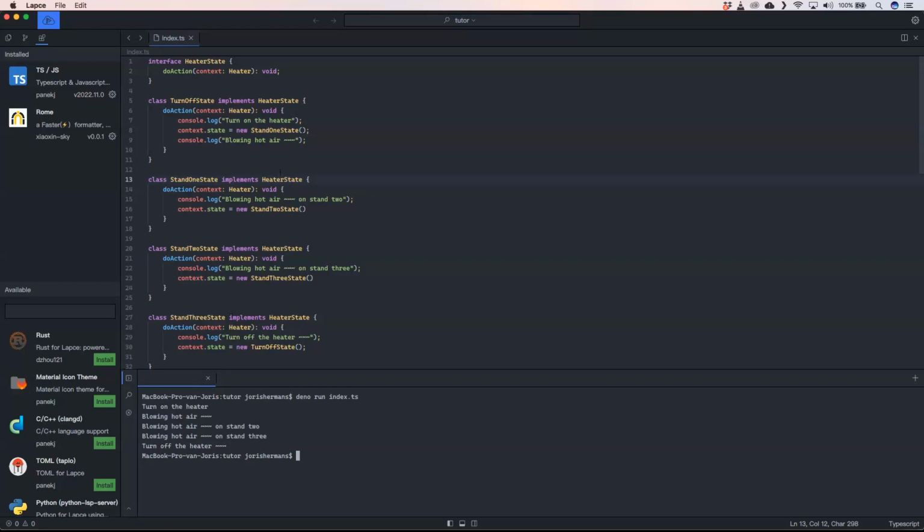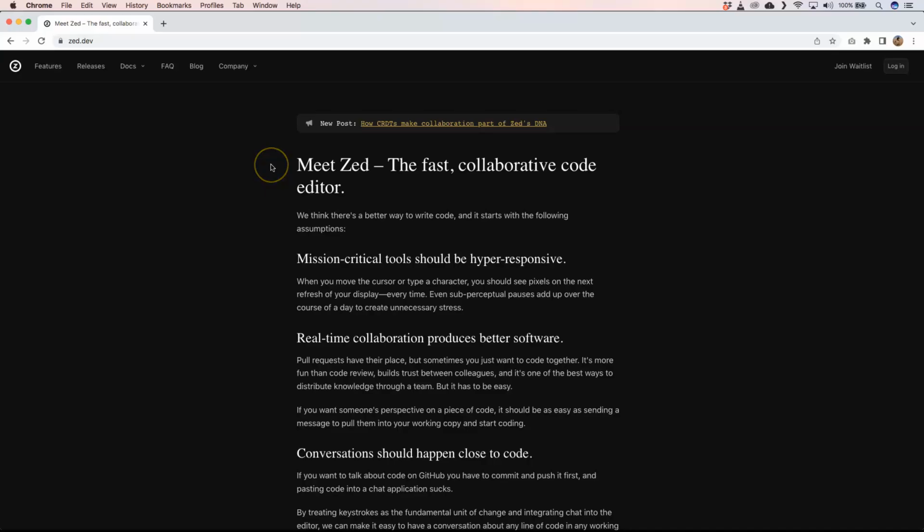I like it. Something that you definitely need to look into if you want to have something else than Visual Studio Code. Another great code editor to look into is Zed. Zed is a great editor. Why? Because it's from the founder of the Atom